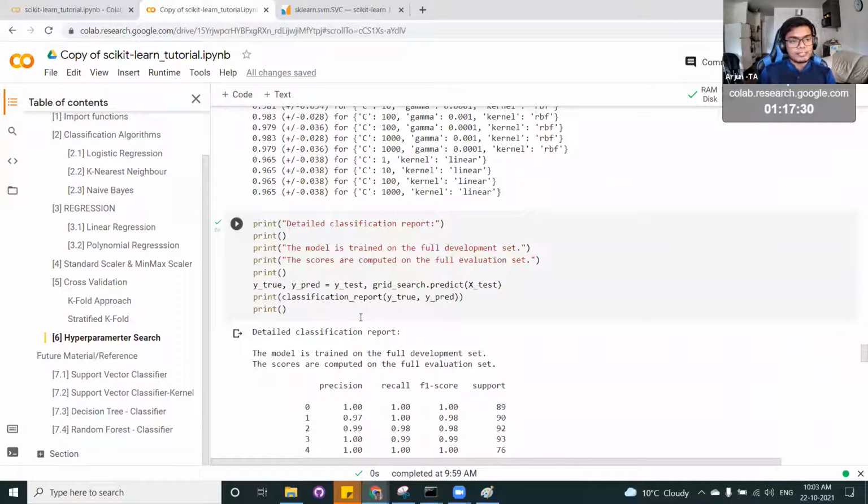So to quickly summarize whatever we have seen till now, we have seen different types of classification problems that can be implemented using scikit-learn. And then we have seen regression problems, that is linear regression, how it is separating, how it is capturing the trend in a linear line, and then polynomial with different order to capture the trend even better. And then we have seen standard scaler and then min-max scaler, so that the scale of the input values is always within the same range, so that the model converges faster, and the calculations become even easier for the model to do in the backend.